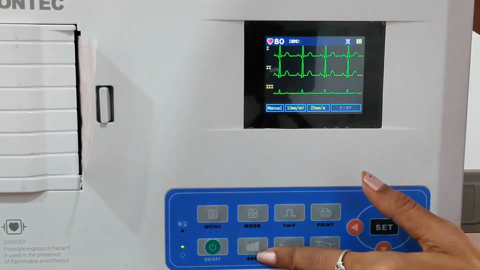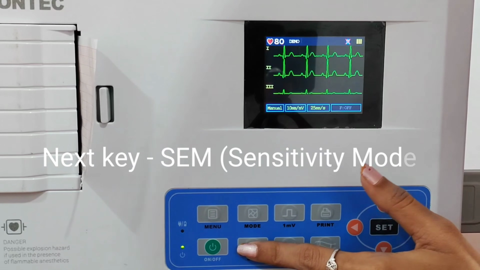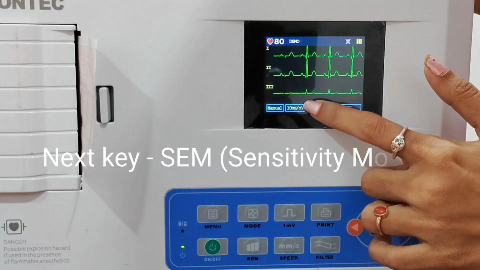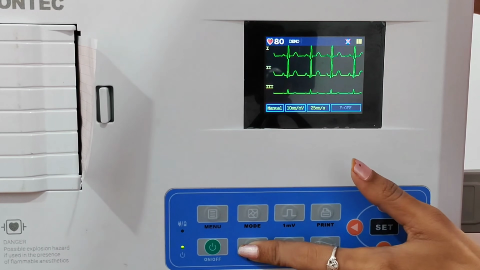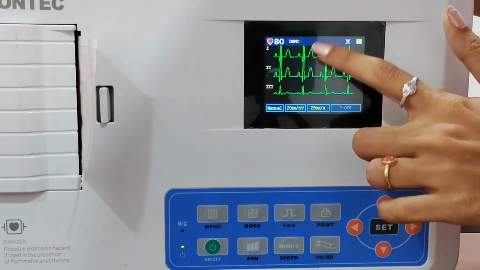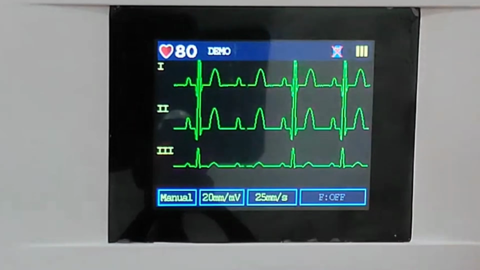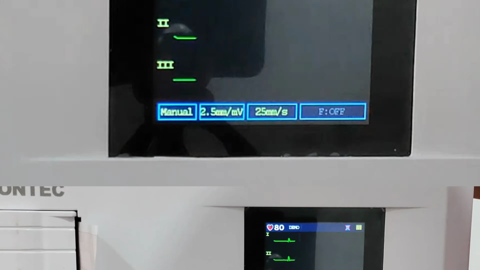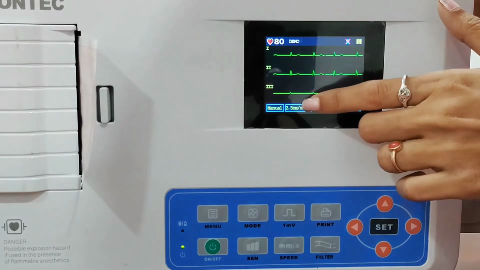You can see here one send button. Here send indicates the sensitivity mode. I am clicking the send button. You can see my amplitude will be adjusted. You can see 20 mV per mV, 2.5. You can see the size variation between the modes I am adjusting.